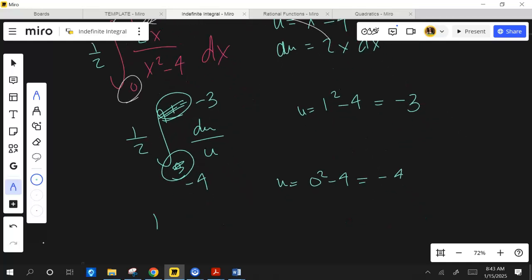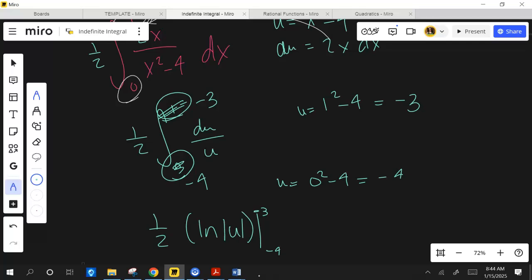And whenever I take the antiderivative, so this would be log of u. And actually, remember we said it's absolute value of u. I'm going to evaluate from -4 to 3. That's option 1. Because if I'm going to evaluate with u, then my bounds have to be in terms of u. Okay, that's your other option.